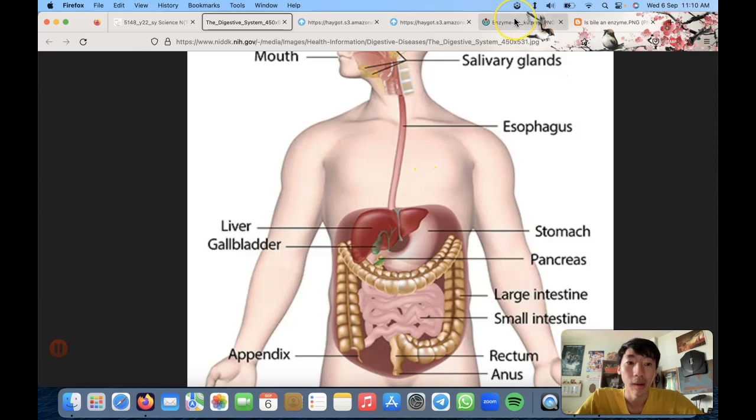Long story, right? What's important here is that you know where the different nutrients are being digested. So we know that starch is digested in the mouth, and also it can be digested in the small intestine. Proteins can be digested in the stomach, and it can also be digested in the small intestine. Fats are only digested in the small intestine by itself. Okay, and that's about it. All right, so let's go back to the document.